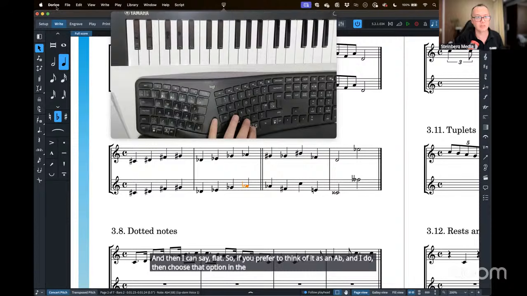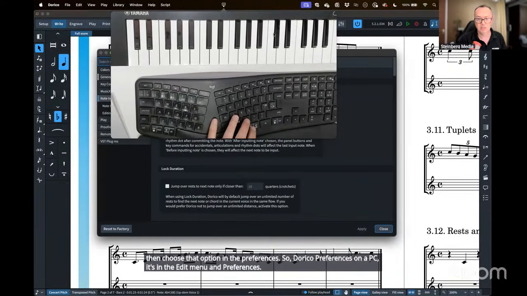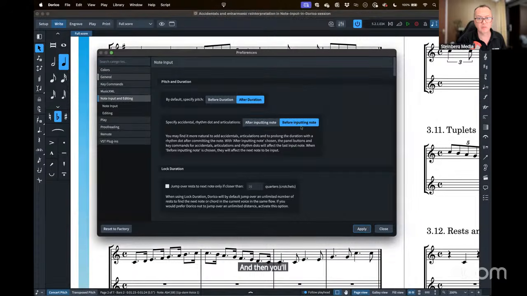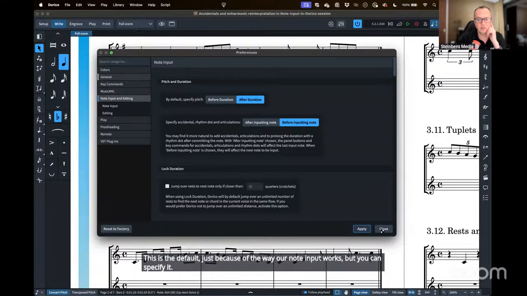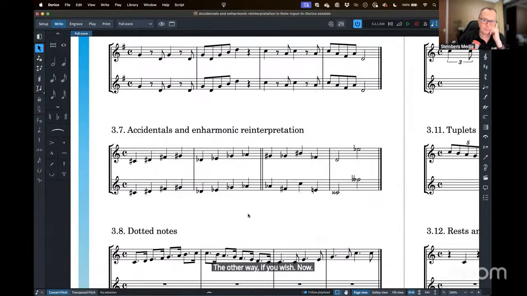the preferences. So it's Dorico preferences on a PC. It's in the edit menu and preferences. And then you'll find this before inputting note for accidentals or after. This is the default just because of the way our note input works, but you can specify it the other way if you wish. Now, if you're using a MIDI keyboard, this can get a bit annoying